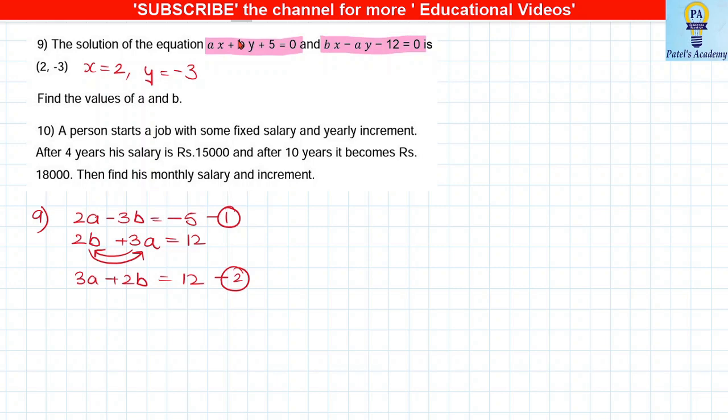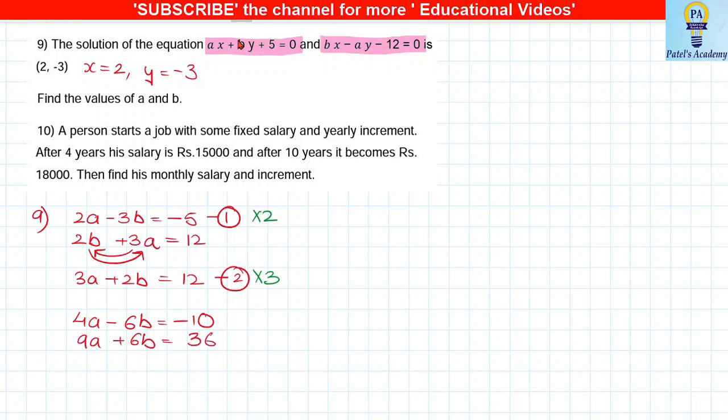Now we have to just solve these equations and we'll get the values of a and b. Okay, so how do we solve? If I want to make the coefficients of b same, I'm going to multiply this by 2 and multiply this by 3. So if I multiply by 2, I'll get 4a minus 6b equals minus 10, and if I multiply by 3, I'll get 9a plus 6b equals